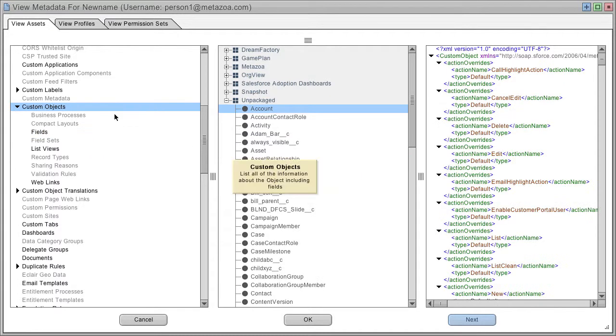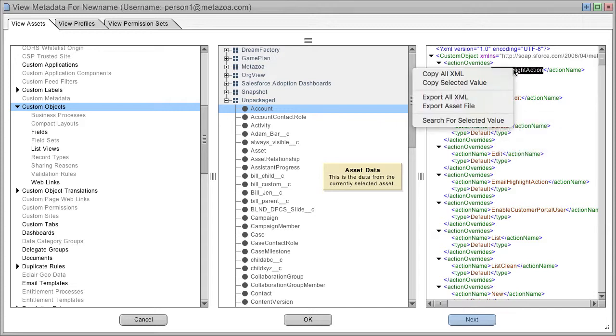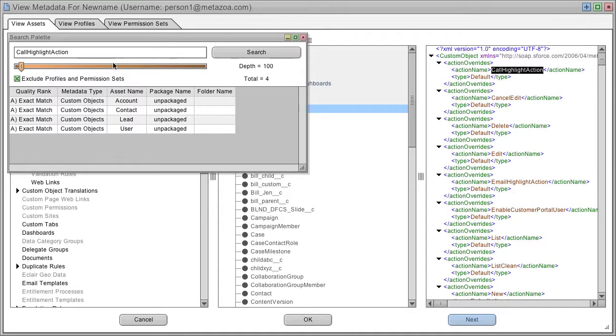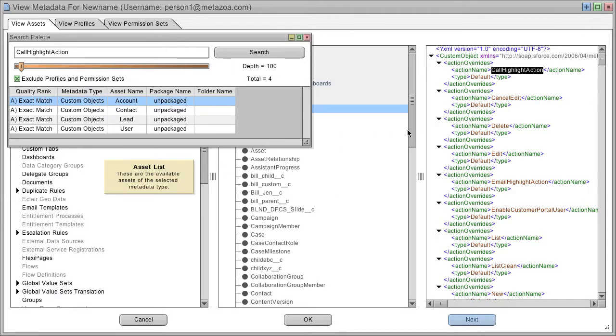One of the nifty things you can do is you can right-click any of the data and export it as an asset file or XML or what have you. And you can right-click the values and search for them. And when you do that, it brings up the search palette. And this will let you find